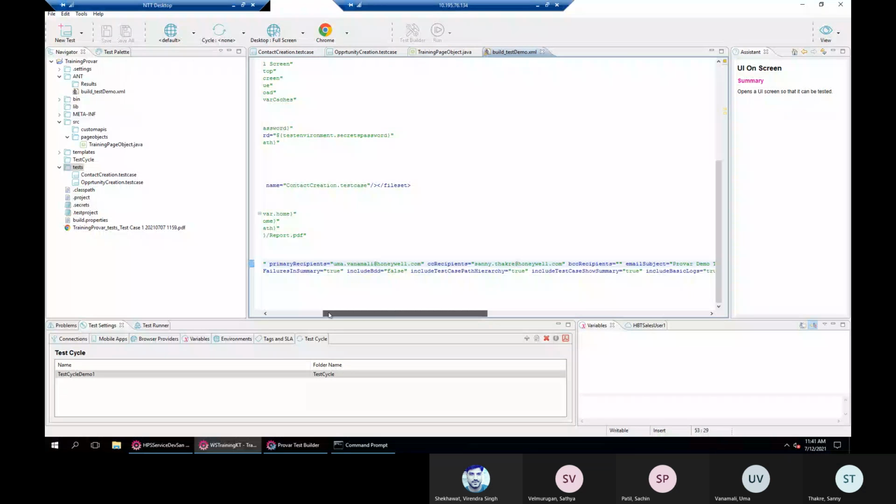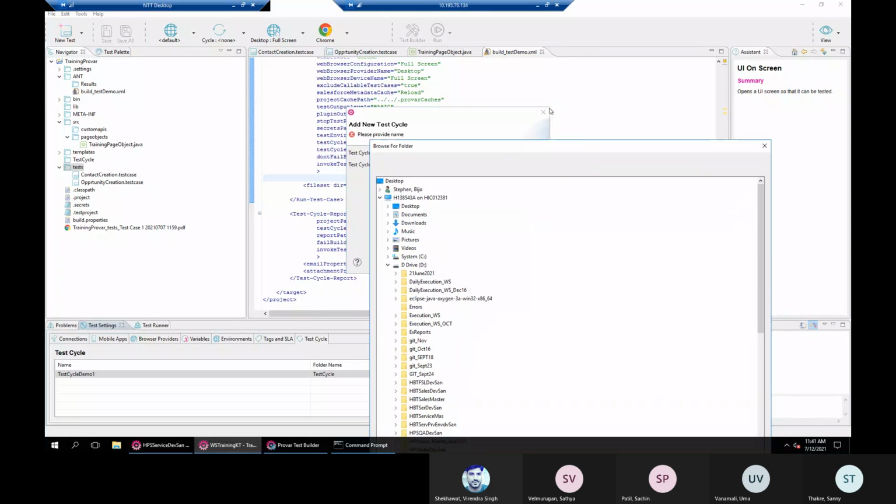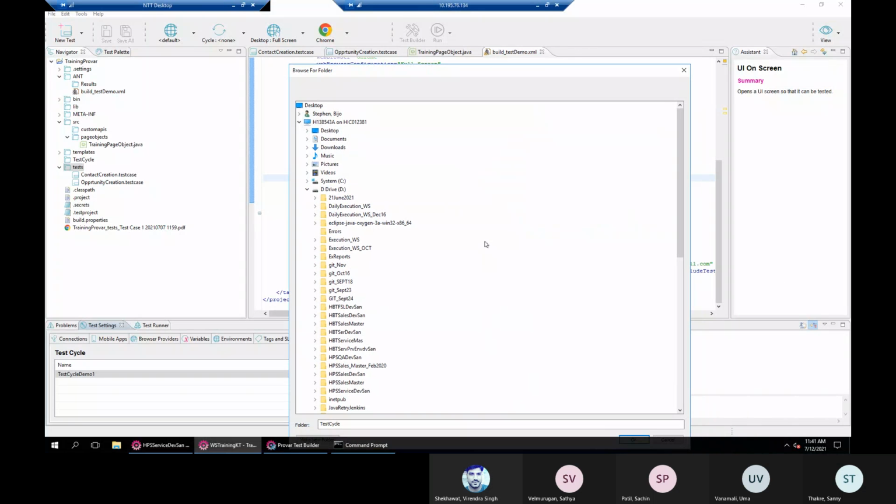Okay, so again, what I will do, I will create one more test cycle here. In the test cycle, I will not provide the browser. I will try to run this test case in headless mode. Okay, again, I will provide all the configuration here. In test cycle 2, I will choose this test cycle folder as the test cycle under our project. Okay, and then